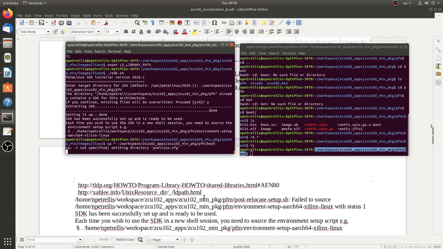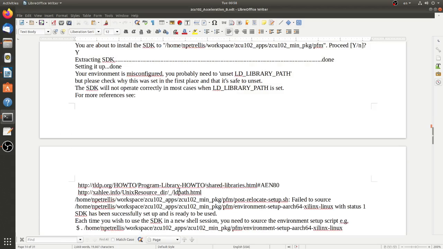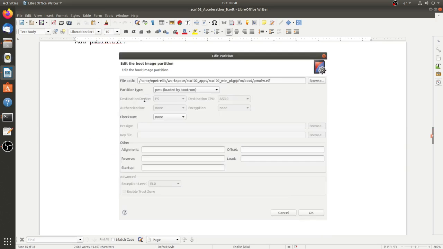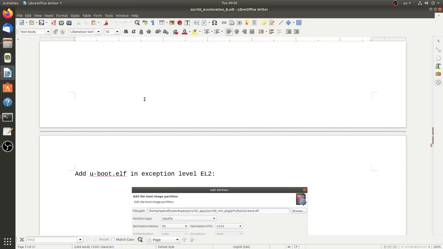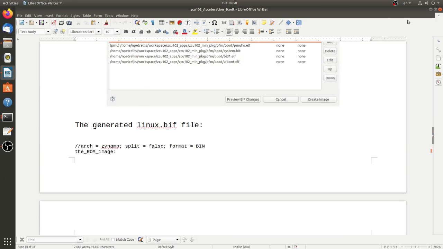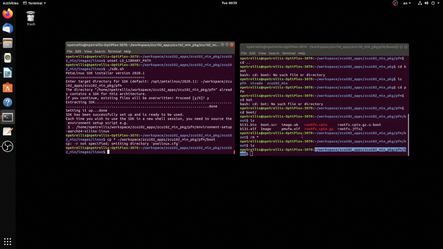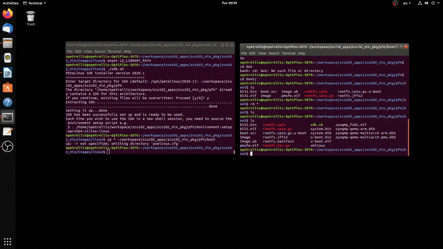So the next step will be actually to skip the boot creation, and we will go to the Vitis environment in order to create a new application project. Wait for a while for the copy to finish. Okay, it has finished. Everything is here. So I start,